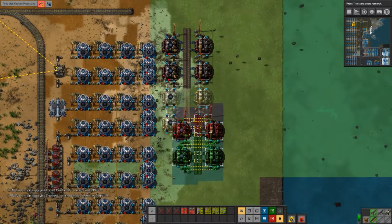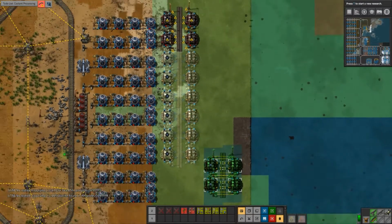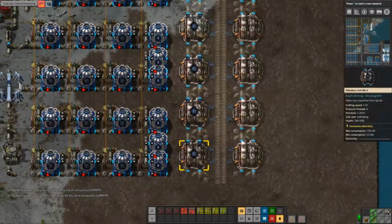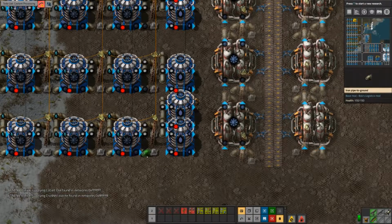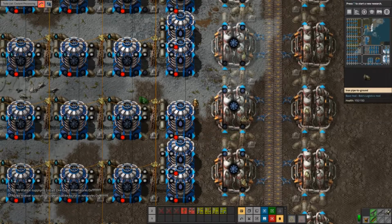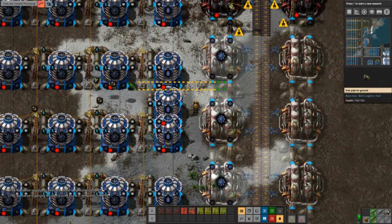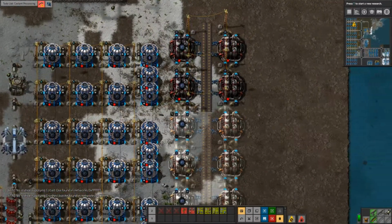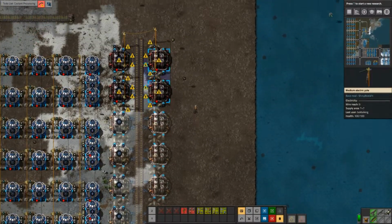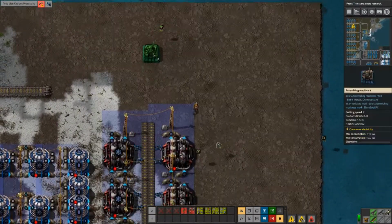Yes, connect this up. And then connect this up. And connect this up. So that will be the coolant washing. Good. And then the final step would be 2 output stations. And let's also place...